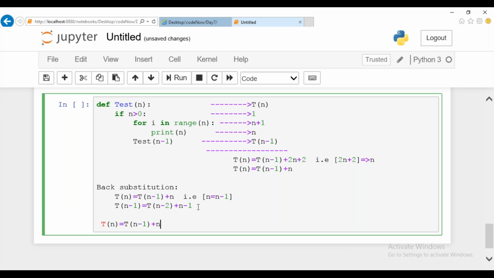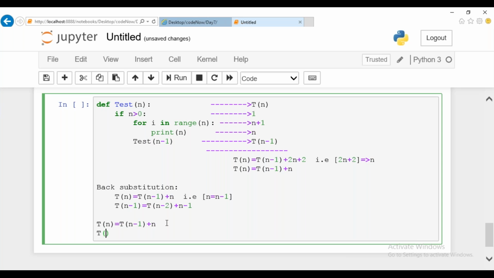Now let us go with the substitution method and substitute here. Wherever your T of N minus 1 is there, guys, listen carefully, what is the value we got by substituting N minus 1 in N's place? The value we got is T of N minus 2 plus N minus 1. So the actual expression is T of N minus 1 plus N. Right now we are supposed to substitute the value at this place. I can place this value directly inside this one. This is your first iteration and this is the next iteration.